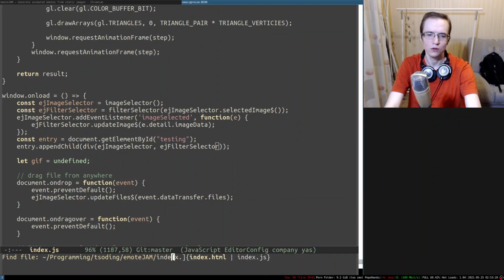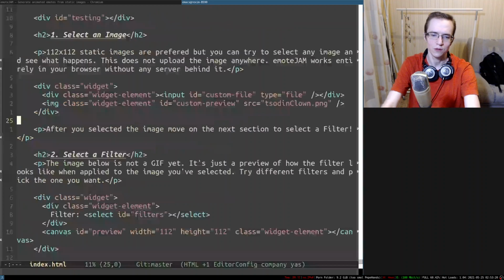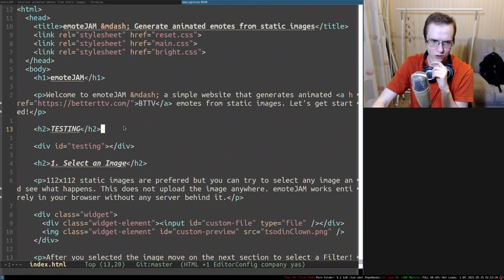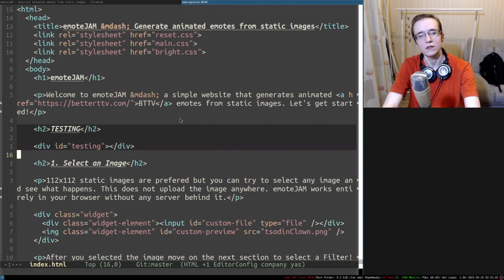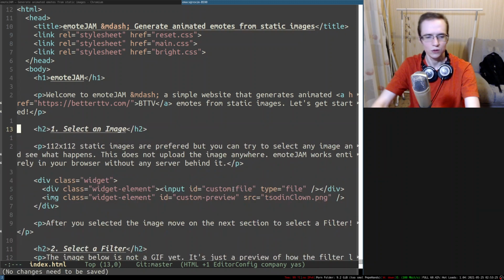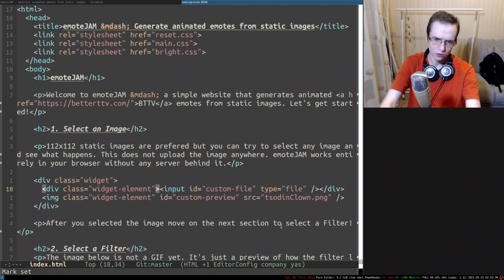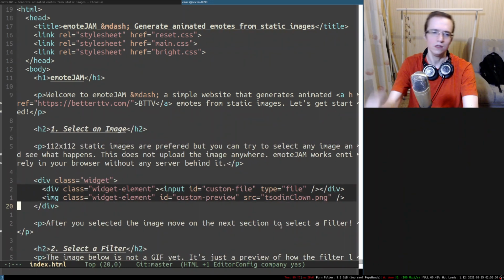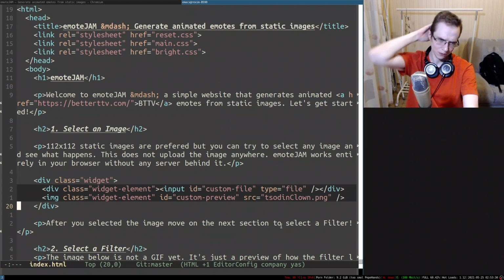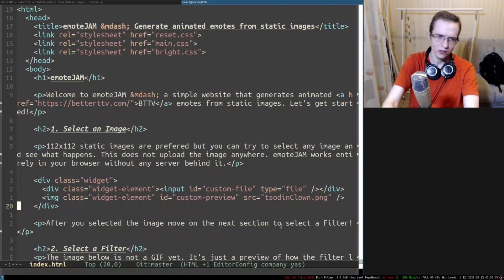All right, so let's actually go into the index.html, and in here I'm going to remove the testing section. We don't have it anymore. So this one is going to be rather interesting, I think. Oh boy. So this entire thing,